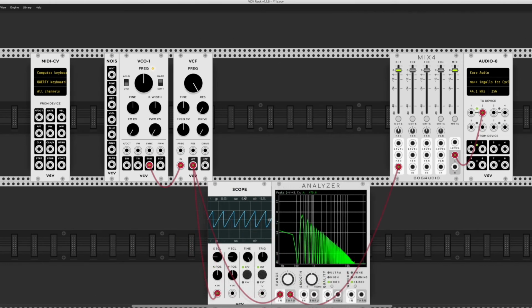So with our sawtooth, you'll notice that as we close the filter and we lose some of those higher harmonics, our signal gets a little weaker. It's not just getting less bright, but it's also getting actually softer. You can even see that on the scope here. When we're all the way open, we've got a pretty strong sawtooth wave, and then as we close the filter, the signal gets softer. So what this drive knob does, in a way, it does a couple things, but the